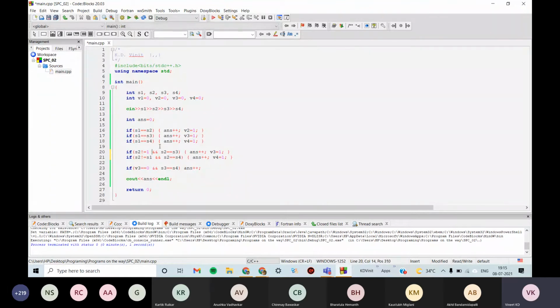Let's just try submitting it as well. So S2 not equal to S1, S2 not equal to S1 again here. Now, what do you say, Karthik? What will we use here? S2 not equal to S3. No, only S3 not equal to S2 will be sufficient because we are coming in order.